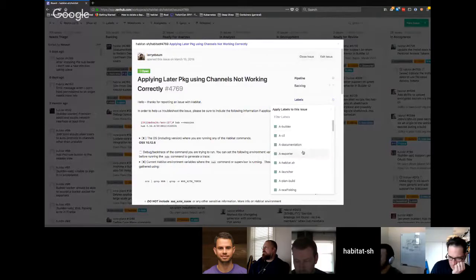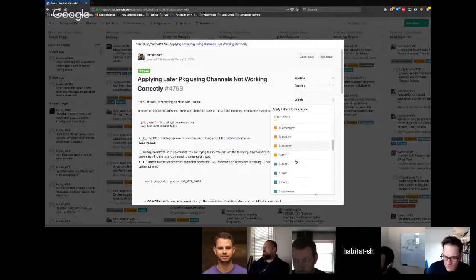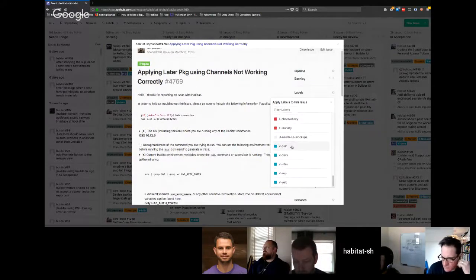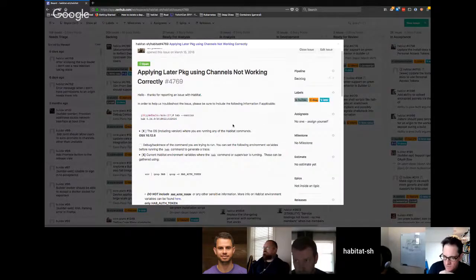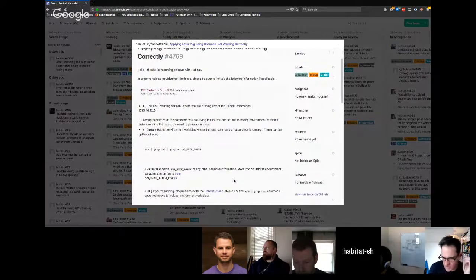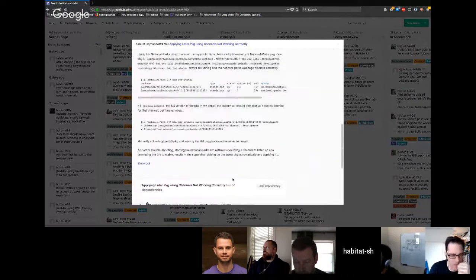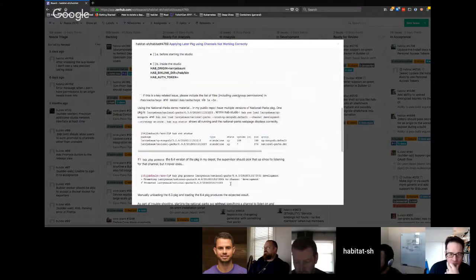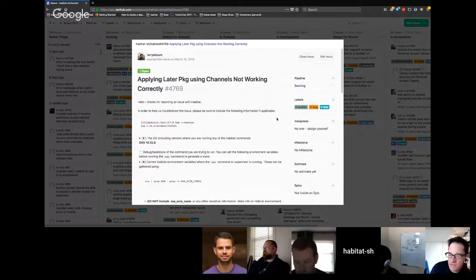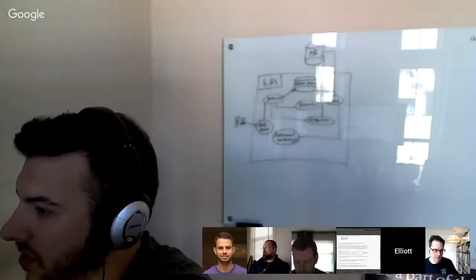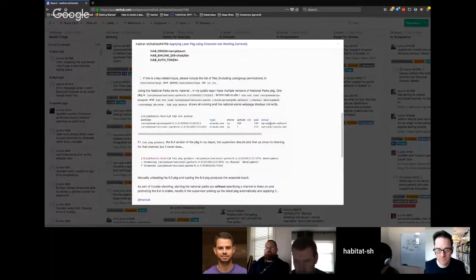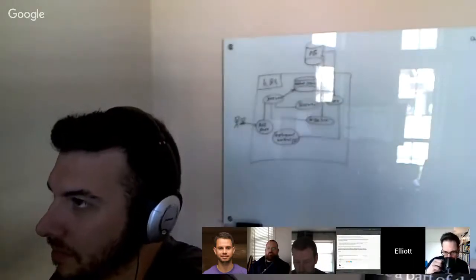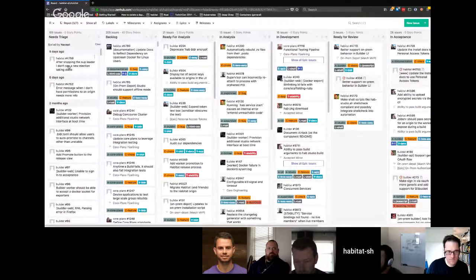Let's do some labels. This is a builder one. And bug. And then vertical builder. All right. Yeah, that does sound like a bug. Or if it's not, something we should document a little clearer, but let's check if it's a bug first. Yeah, he has that thing where he says if he uses stable, it works, so it looks buggy. Yeah, the thing that I picked up on was that it's a non-standard channel. So it could be that the supervisor doesn't know how to handle that. Gotcha. Cool. All right.